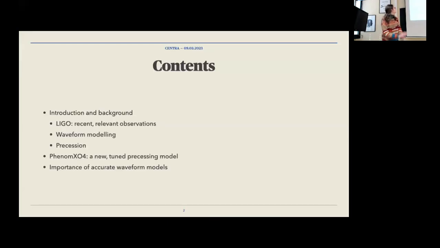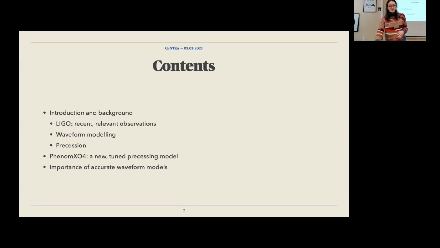Okay. First, I will start with some introduction and background, recapping things you may already know about the LIGO detectors and recent observations, as a motivation for the work I'm going to be talking about. Then I'll discuss the basics of waveform modeling, the techniques we use, the principles, and then give an introduction to the concept of precession as spin-induced precession in binaries, and what this means and how we model it